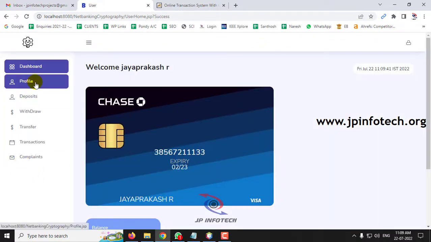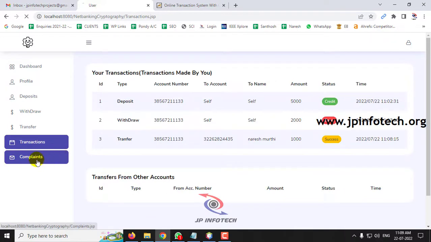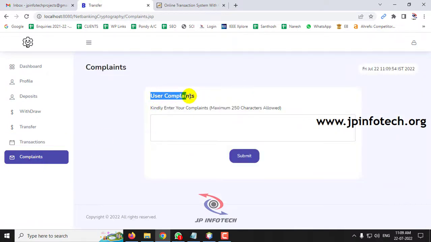So now we have completed profile, deposit, withdraw, transfer, transactions, and final comes the compliance part. So let me go to the compliance part. So the user can enter the compliance. The maximum 25 to 50 characters will be allowed. So let me enter complaint as server is down